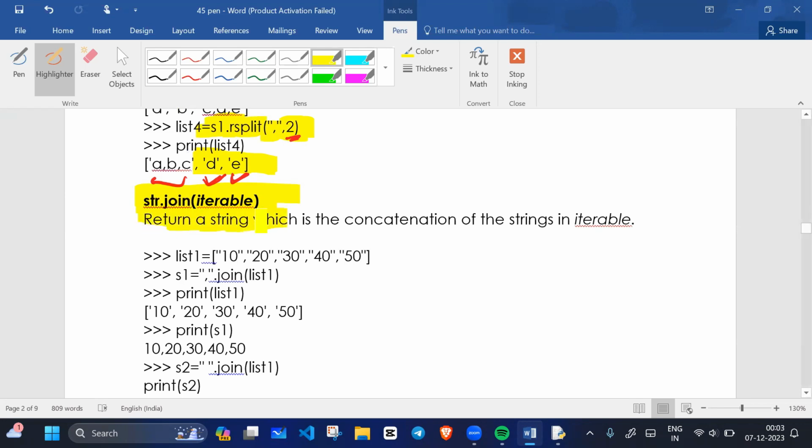It returns a string which is the concatenation of the strings in the iterable. For example, list1 containing 10, 20, 30, 40, and 50. So what type of data? A list containing string type data. If I use a delimiter as comma and join list1, what will happen? This list is converted into a string,